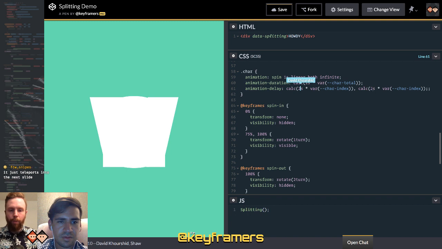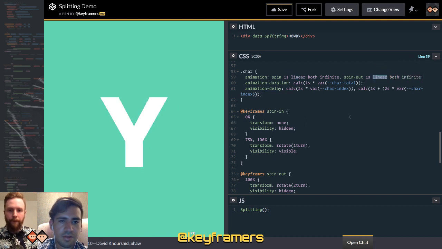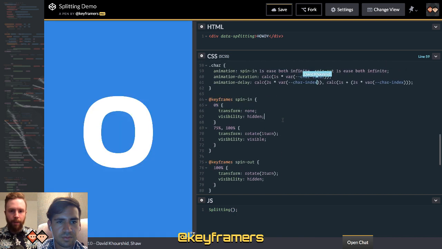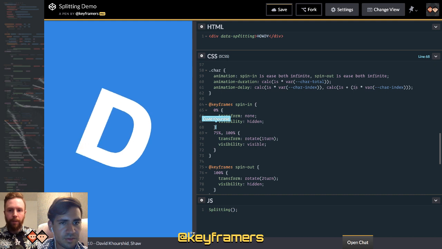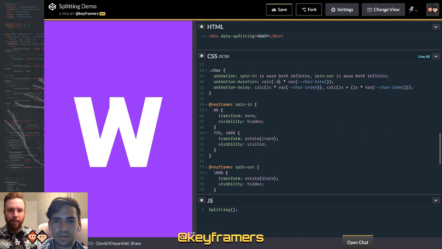Yeah, that may not work because we're staggering multiple animations. So let's do 1 second plus 2 seconds there. And instead of linear, we could give it just a nice ease. Yeah, it's kind of snapping right now, but it's okay. Is the animation playing? It is. I don't see it, it's just very slow.